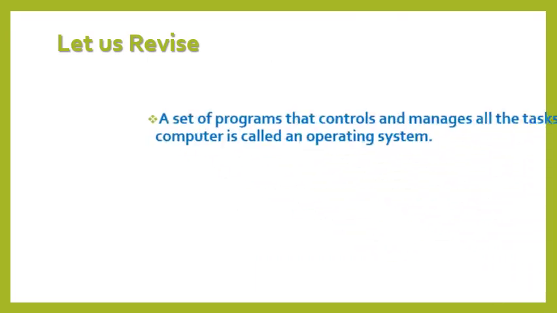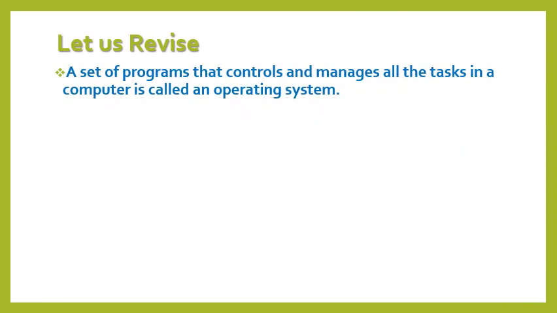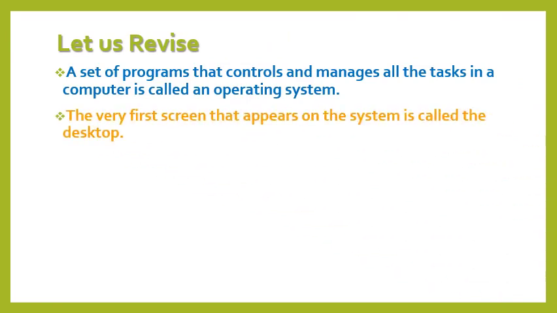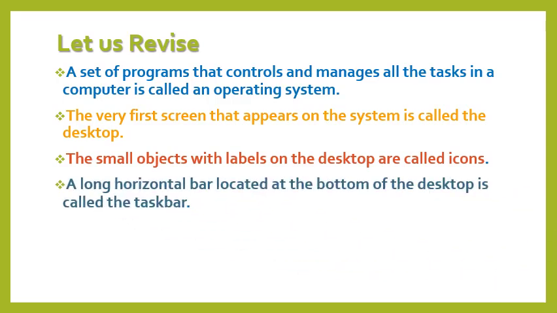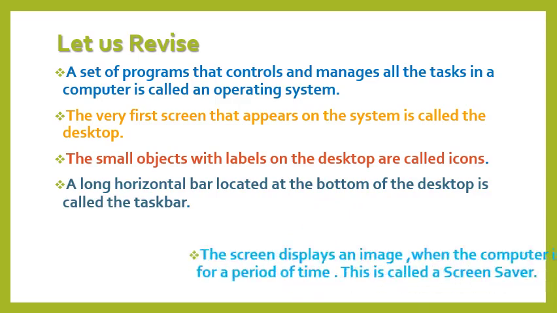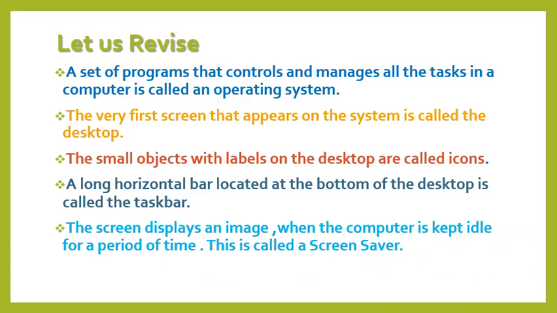A set of programs that controls and manages all the tasks in a computer is called an operating system. The very first screen that appears on the system is called the desktop. The small objects with labels on the desktop are called icons. A long horizontal bar located at the bottom of the desktop is called the taskbar. The screen displays an image when the computer is kept idle for a period of time. This is called a